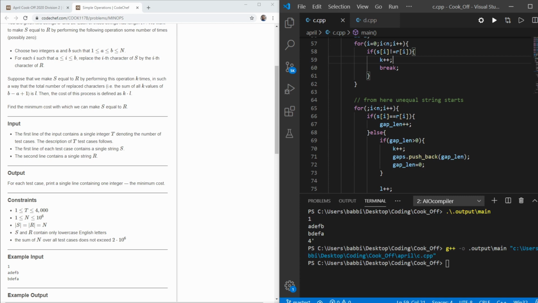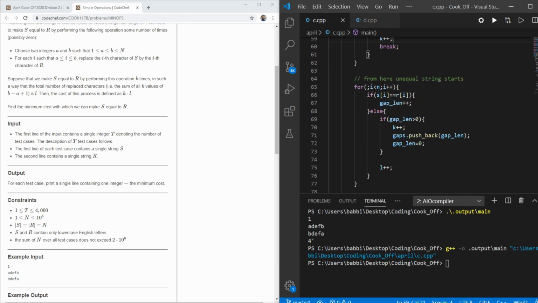Now from the step where I break to the remaining n length of the string, I will iterate, because from here the unequal string starts. So when the strings are equal, I will increase my length of the gap. If the length of the gap is bigger than 0, it means that in the last step we had elements which were not equal.